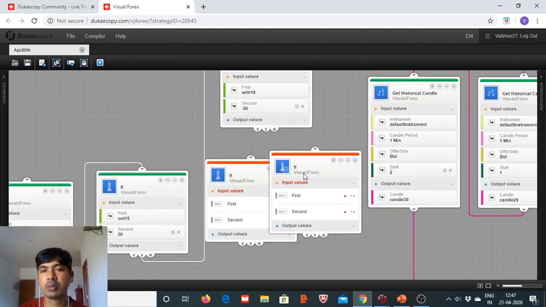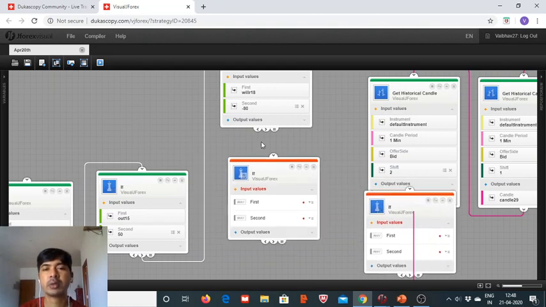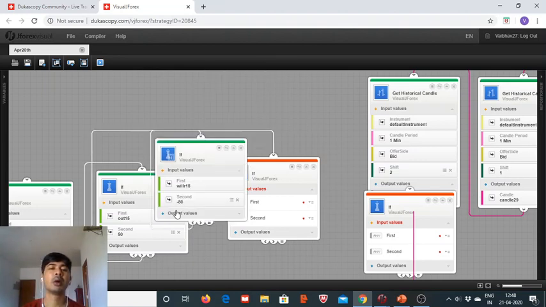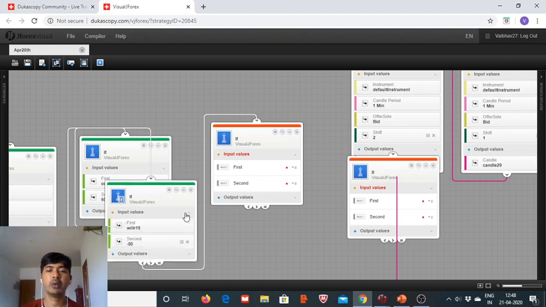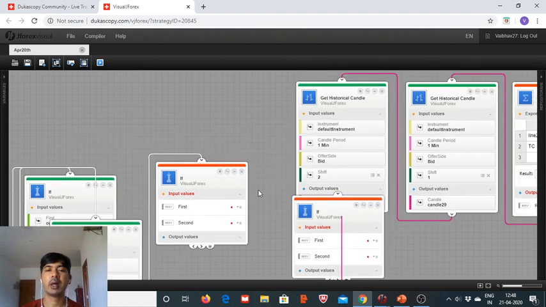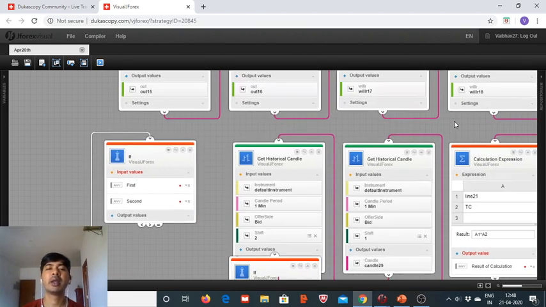Now it should be less. Again we check on the Williams R value of the last hourly candle close and it should be below minus 50,